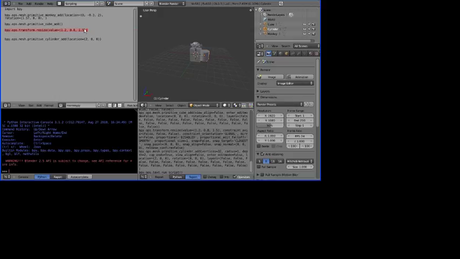Control C, Control V, and the values I want are 0.5, 0.5,